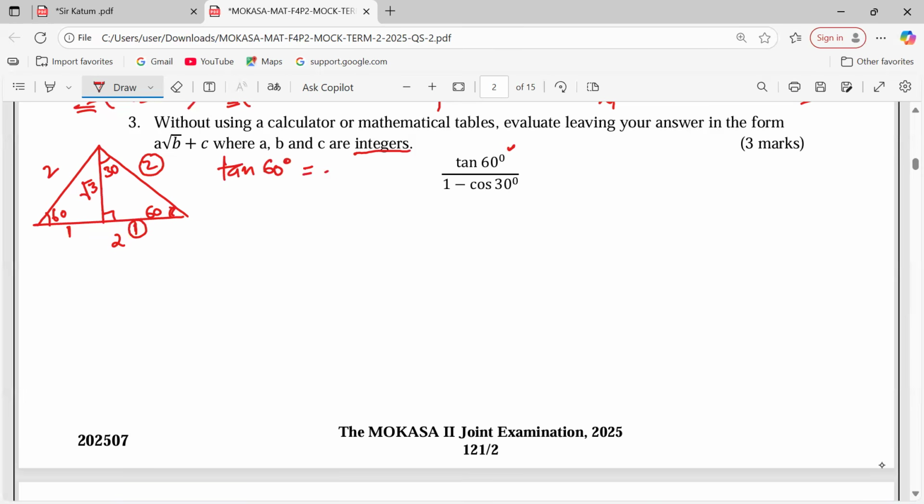Opposite side, which is the root of 3, divided by the adjacent length of 60, which is just 1. So it remains the square root of 3, that is tan 60. Remember this, ladies and gentlemen, even when you pick your calculator and write tan 60 equals, the value that you get will be equal to what you get when you use the same calculator and write square root of 3. You get the same thing. That is